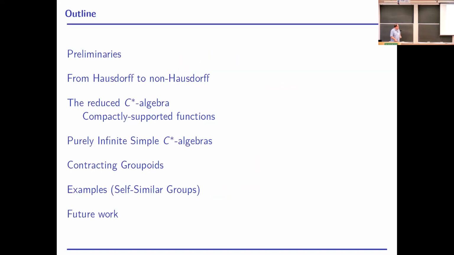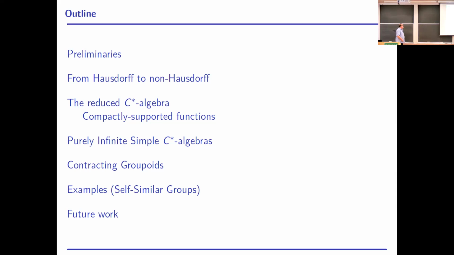So first, a quick rundown of what we're going to be talking about today. We're going to go over some basics of groupoids, some of which we've already seen, but I wasn't sure quite what the background was when I was writing this talk. We're also going to talk about what we lose when we make the transition from a Hausdorff groupoid to a non-Hausdorff groupoid, and how that then cascades through the reduced C-star algebra, and what sort of changes we need to make that construction make sense again. Then we're going to move to purely infinite simple C-star algebras and what sort of groupoids can give rise to these things. And finally, we're going to end with an example on self-similar groups, which we also saw earlier today